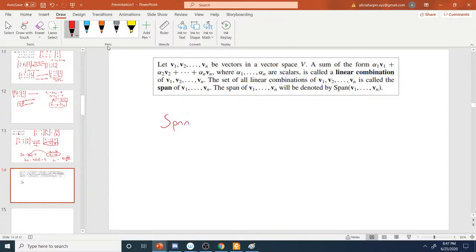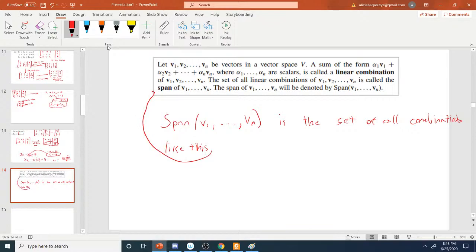Span of V1 through Vn is the set of all combinations like this. So this and this. So it's a very, very large set generally, but the good thing about it is that